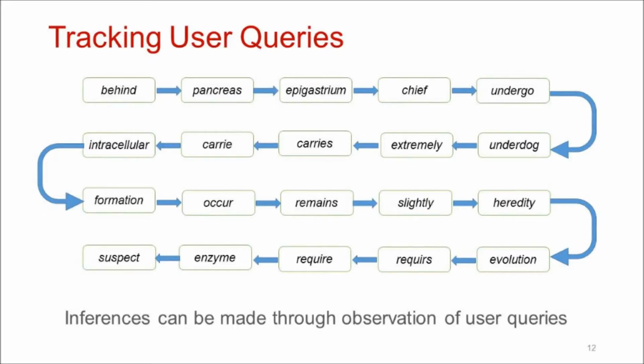Here is an example of a sequence of queries made by a user of the LexSite dictionary. From this example, some inferences can be readily made. First, apparently the user doesn't know English very well, otherwise he wouldn't search for